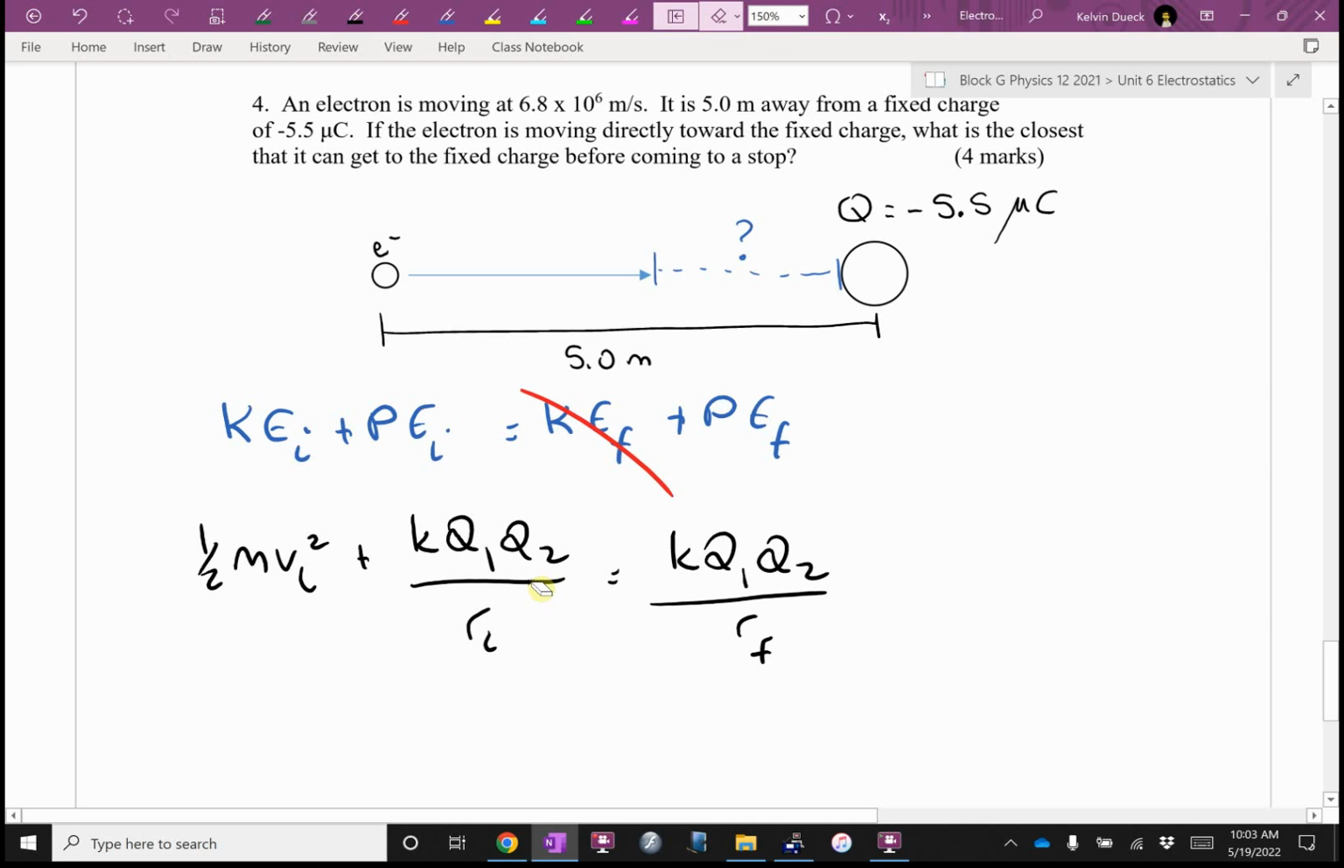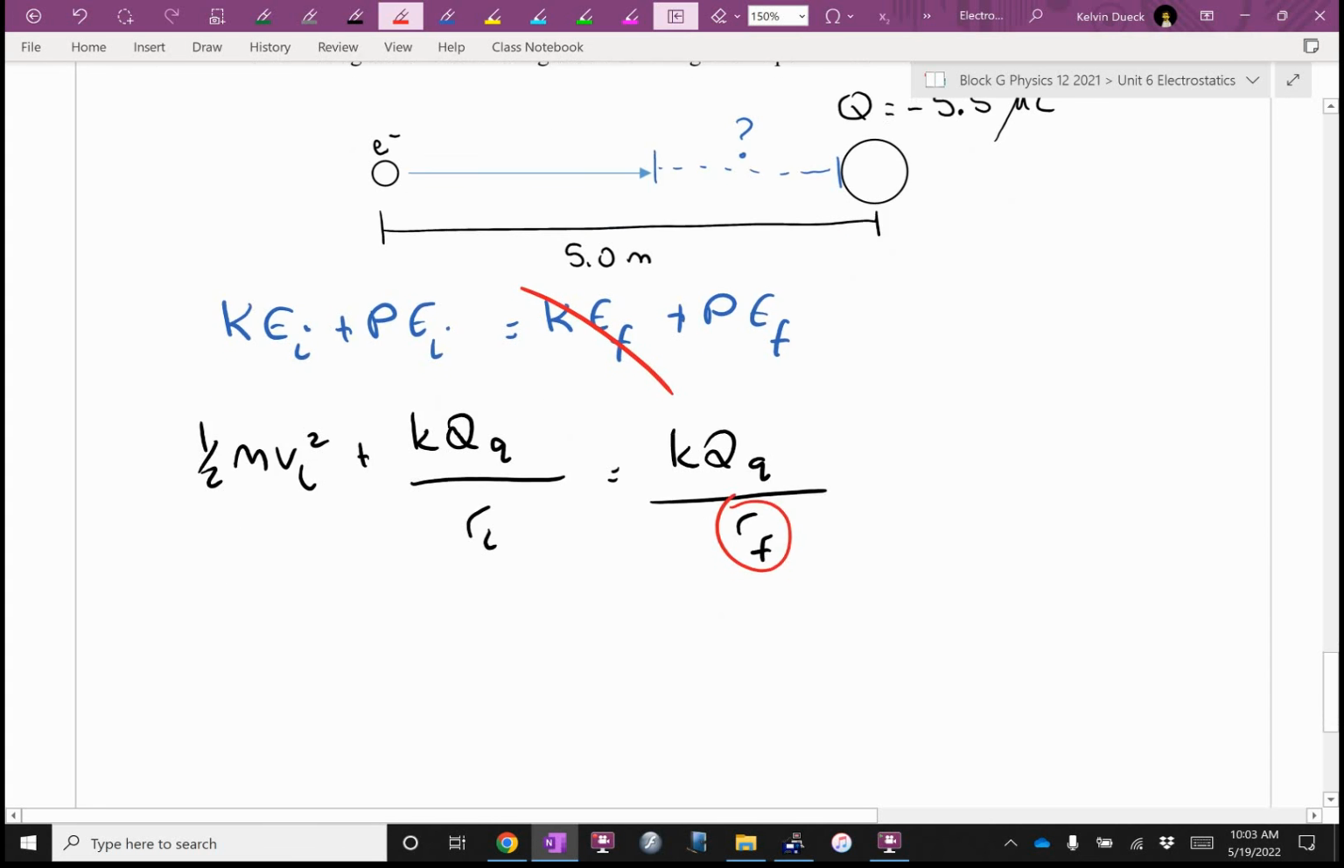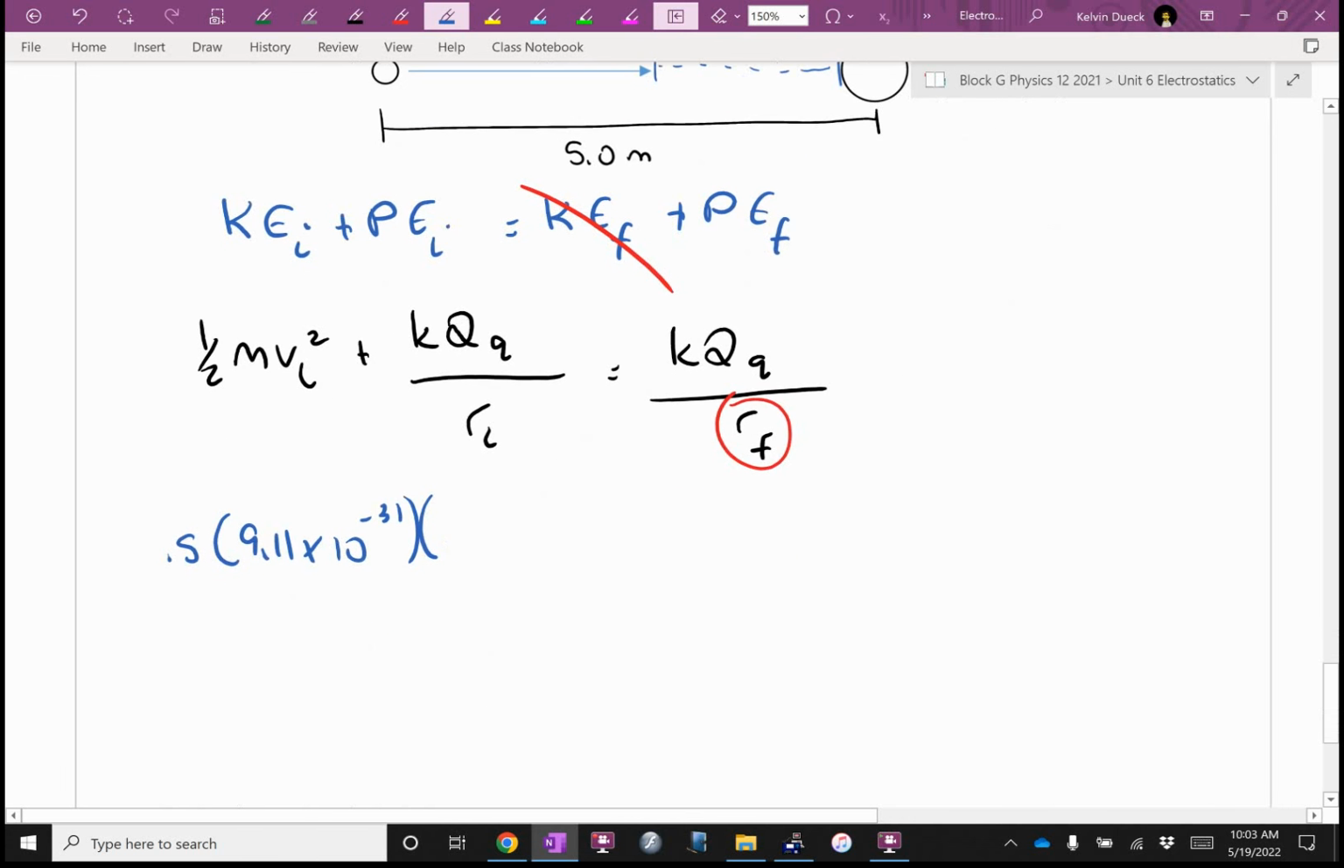Instead of going Q1, Q2, I decided to go big Q for the planetary charge, little q for the electron, whatever works. What am I trying to find? I'm not going to get that by itself. I'm going to crunch the whole left-hand side first. It's going to be 0.5 times 9.11 times 10 to the negative 31, and its speed was 6.8 times 10 to the 6th, don't forget the squared,